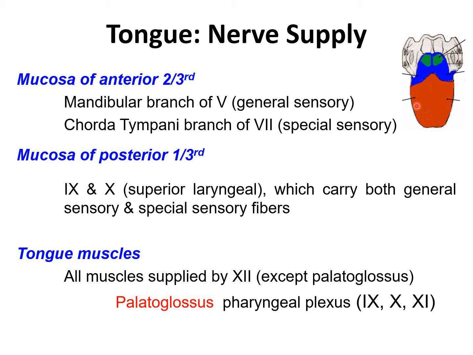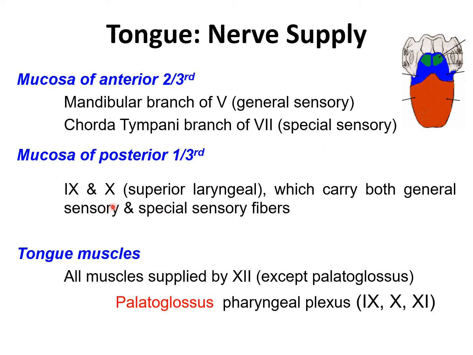The general sensory input is via the lingual branch of the mandibular nerve from the posterior trunk of the mandibular nerve. The gustatory fibers from the anterior 2/3 of the tongue are carried via the chorda tympani branch of the facial nerve. So for the anterior 2/3, the lingual branch of the mandibular nerve is general sensory, whereas the chorda tympani branch of the facial is special sensory or gustatory. However, the taste fibers from the circumvallate papillae, which line the sulcus terminalis and mark the junction between the anterior 2/3 and the posterior 1/3 of the tongue,